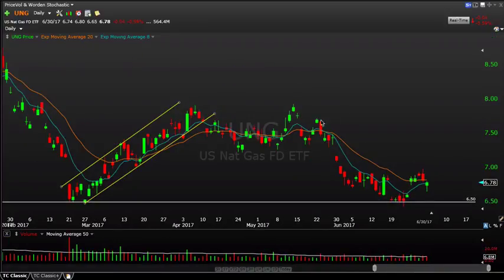So anyhow, you could see Friday closed down on the day, but a bit of a hammer here. So see if the bulls can make some progress off this 650, put in this higher low, break above $7, and all of a sudden we're back in business. So UNG bulls maybe in the short term trying to get back into the swing of things there.